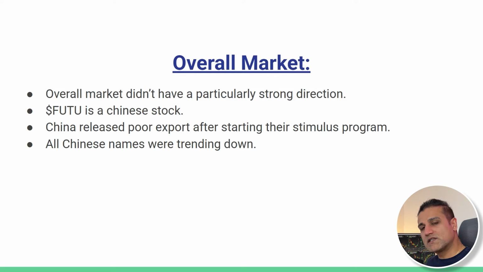So the government released a stimulus package, which is going to pump some more money into the economy and start fueling it. After the stimulus, the export numbers for the Chinese economy came out, and they fell short. The Chinese economy wasn't doing as well as expected, and all the Chinese stocks were dropping because confidence in the Chinese economy and companies was dropping. At least that's how the traders were reacting that day, and I was more interested in going short on this